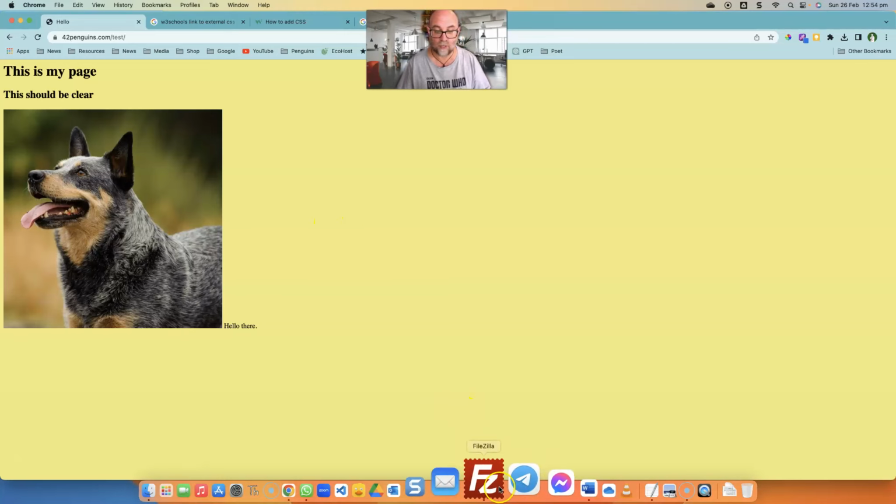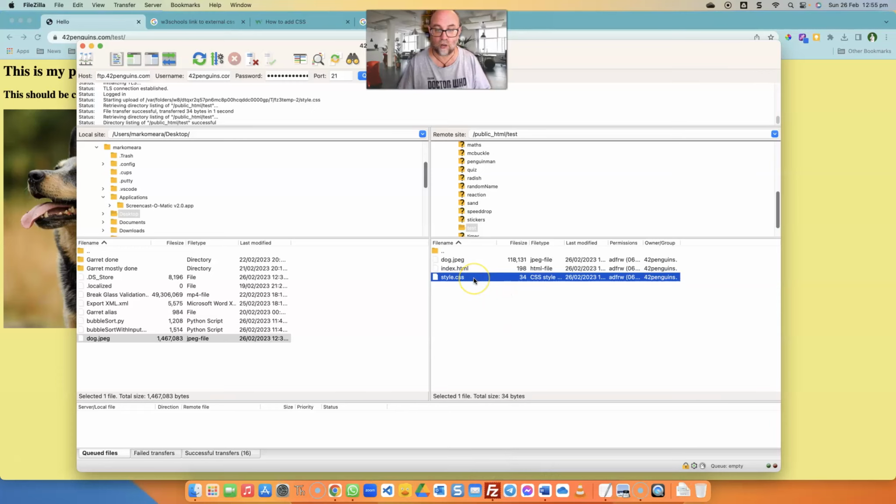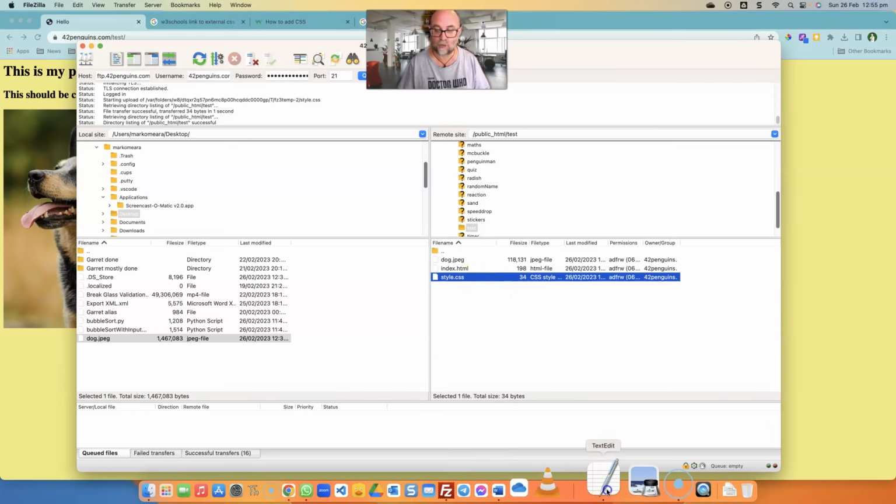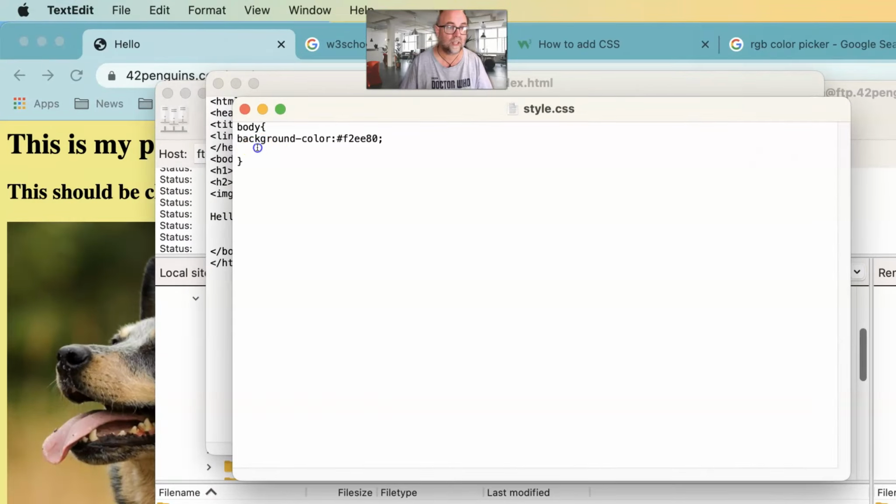So I am going to go to FileZilla and I'm going to open up my style sheet, which I actually think might already be open. There it is. So I've already got some code in here to control the background, but what I'm going to do is set it up for my H1, and again I'll open and close the braces, and I'm just going to say color. Now that's spelt in the American fashion, so color, and I'm just going to say that is red, and then it's actually a semicolon at the end. That won't work with a colon,